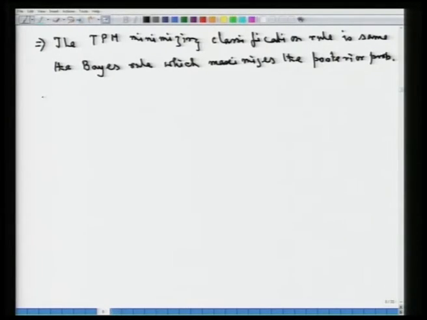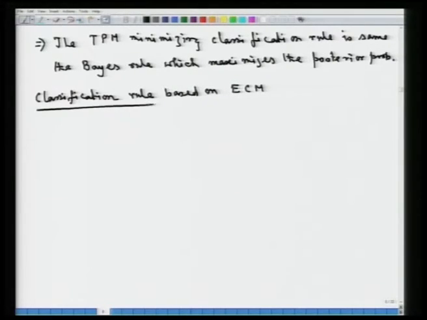Now, next we are going to look at the classification rule based on ECM, still on a multi-class problem. So, we will now look at the construction of the classification partition based on the expected cost of misclassification. Let us recall the structure. That is what we have. We have pi 1, pi 2, up to pi c. These are the C possible populations into which an observation can belong, and then we have